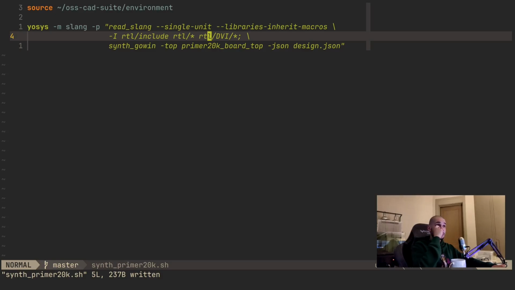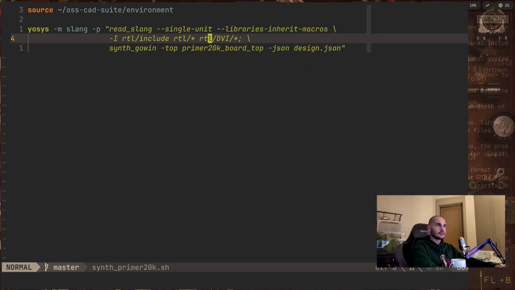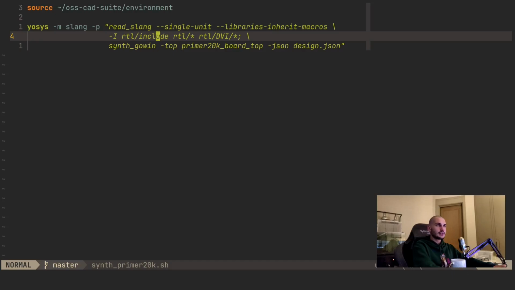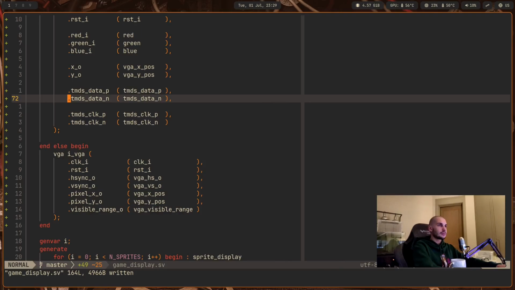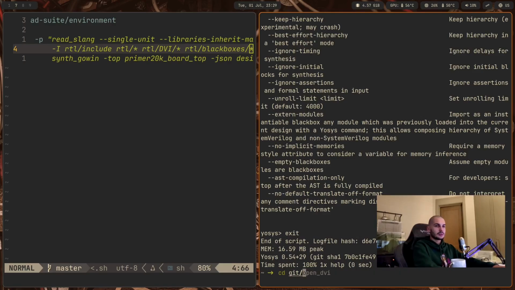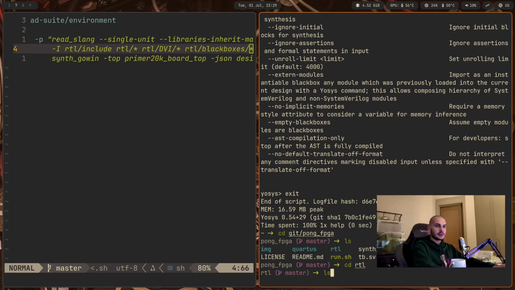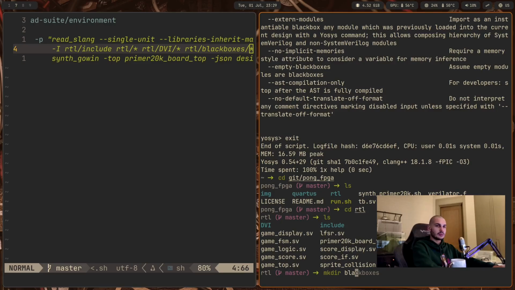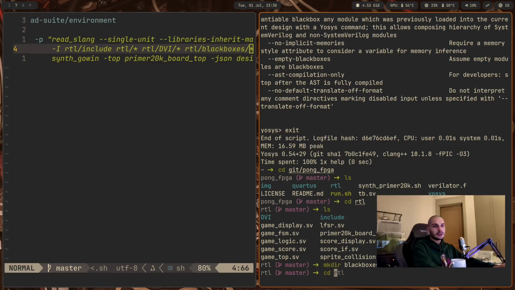Oh, and I'm gonna have to create the black box directory. Yeah, so I'll have to specify RTL black boxes, everything. While I still remember, let's actually go and do that. So we'll have to go to the pong FPGA RTL. Let's create a black boxes directory, and now let's go back to the